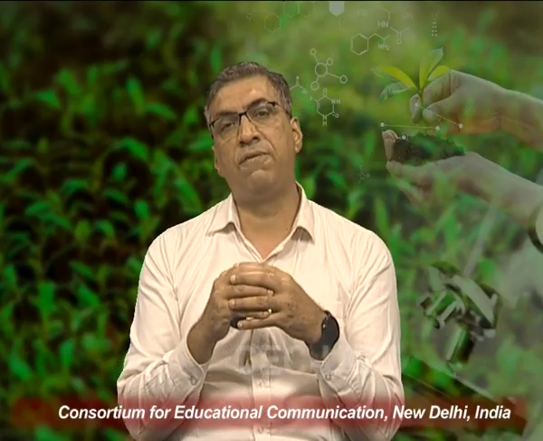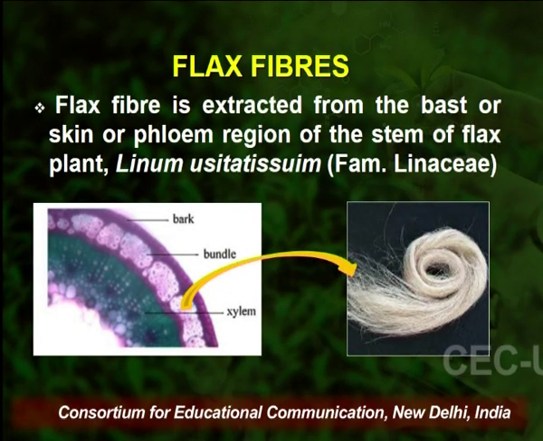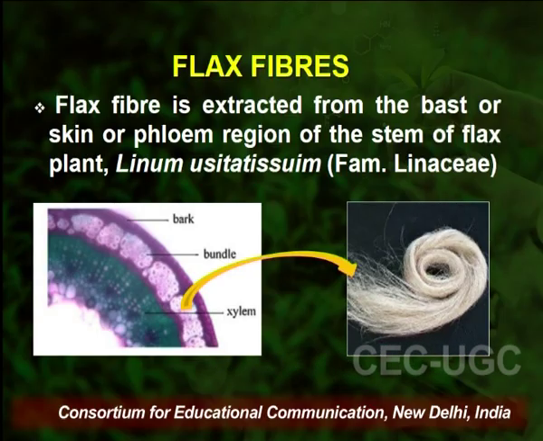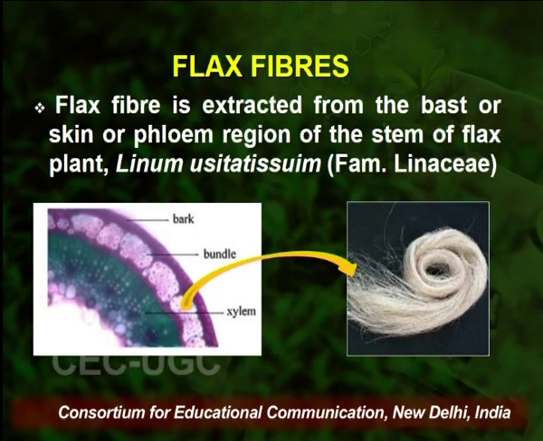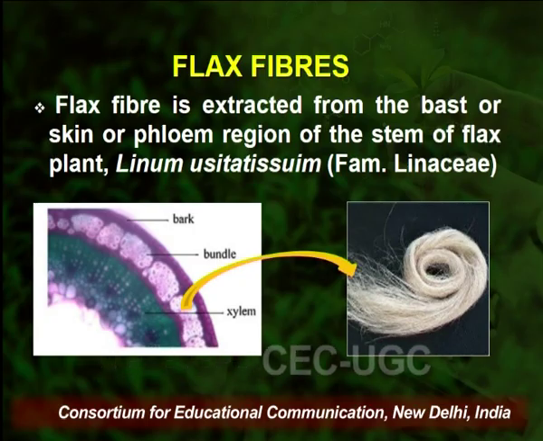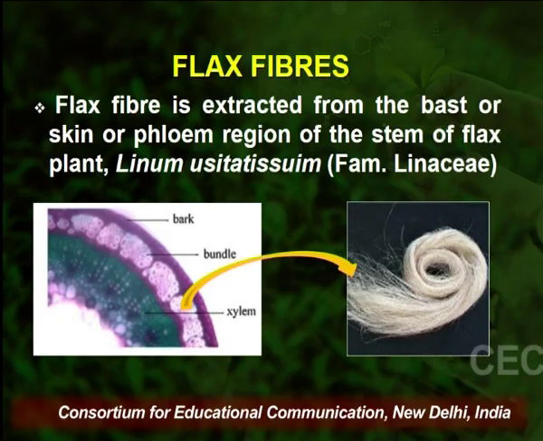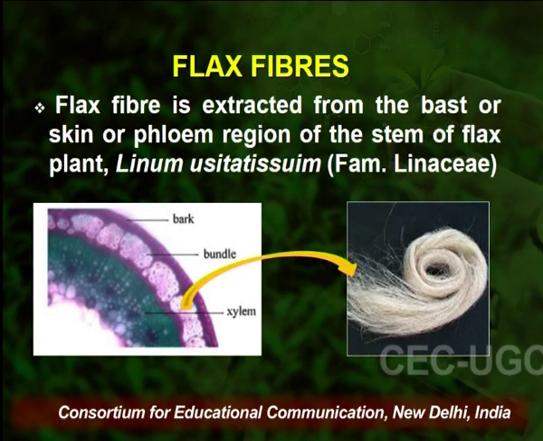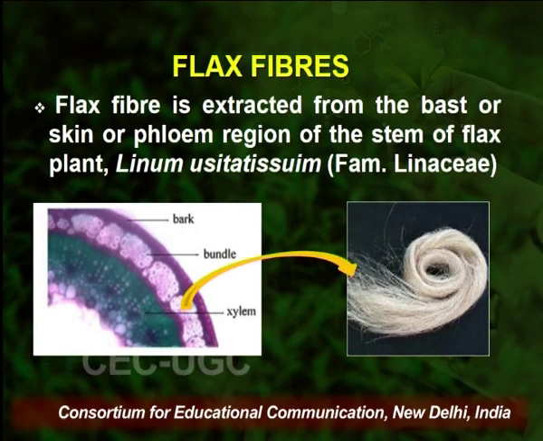Now as we discussed, flax fibers are bast fibers. So they are extracted from the bast or the phloem region of the stem of the flax plant, that is Linum usitatissimum, which is commonly known as ulci, belonging to family Linaceae. As you can see in the diagram, the pink band labeled as bundles, these are the bundles of flax fibers. This is a representation of a transverse section of the stem of the flax plant. Now from these bundles, we extract these fibers from the phloem region